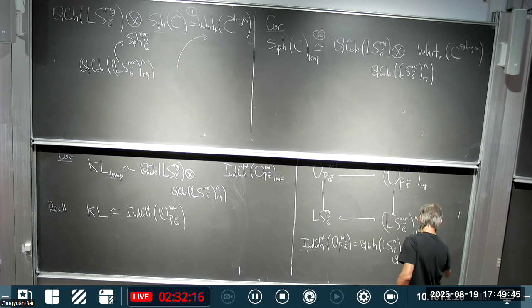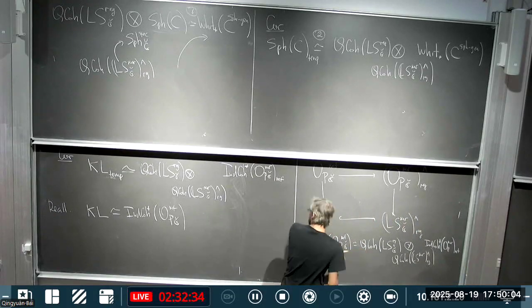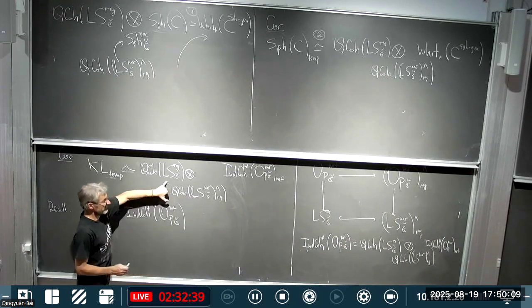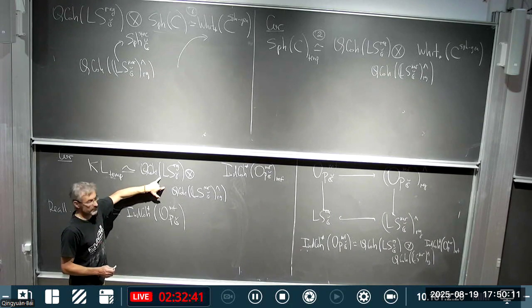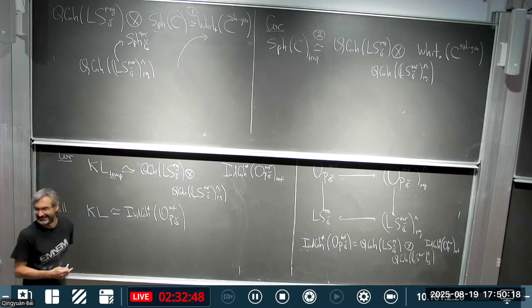Quasi-coherent sheaves, formally completed. Regular locus with the star. Monodromy-free locus. So we have this, and we have this, which is this. Look, the right-hand sides are the same. Hence, the left-hand sides are the same. We win, it'll hold.